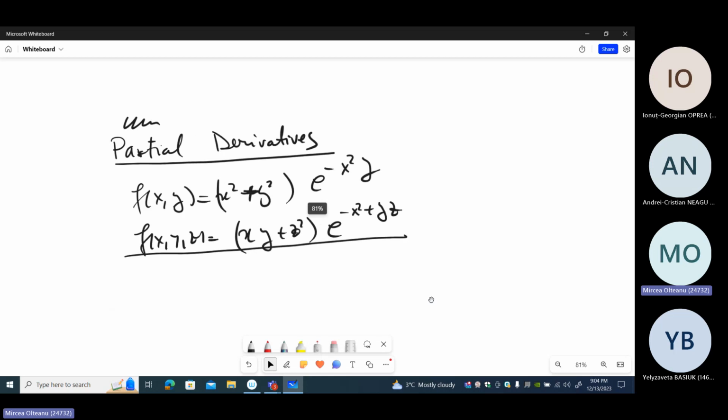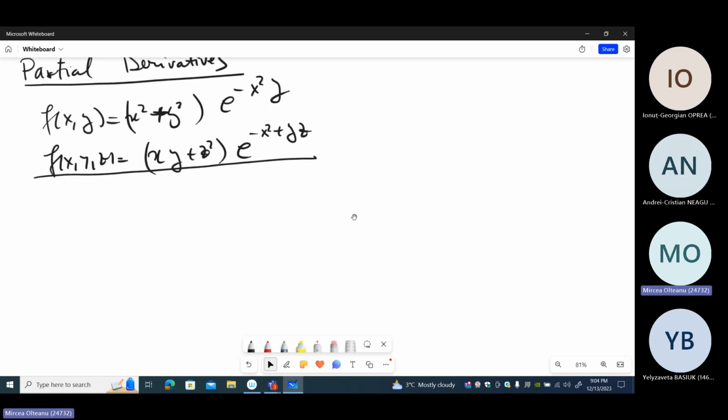Okay, so now the first subject here is to compute partial derivatives. Now, about the definition, the theoretical definition, we have everything in the lecture. So, to compute the partial derivatives,